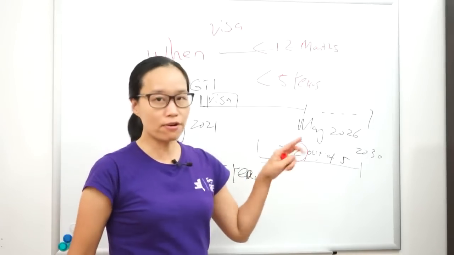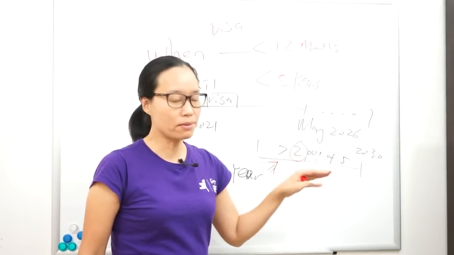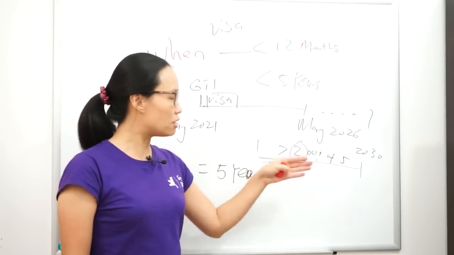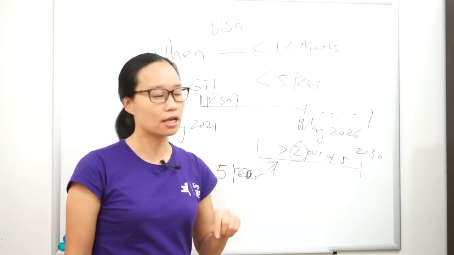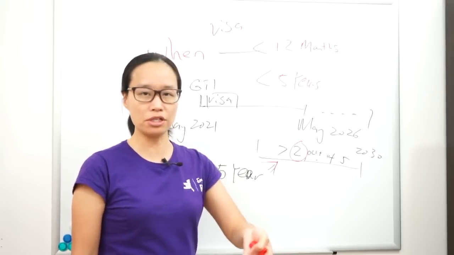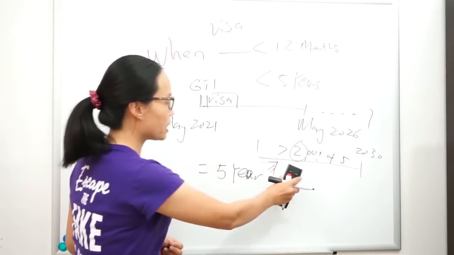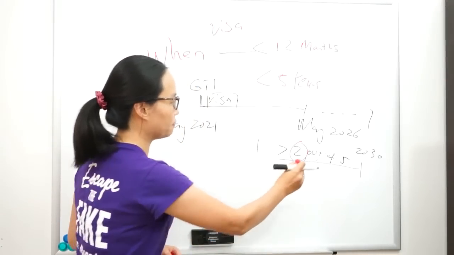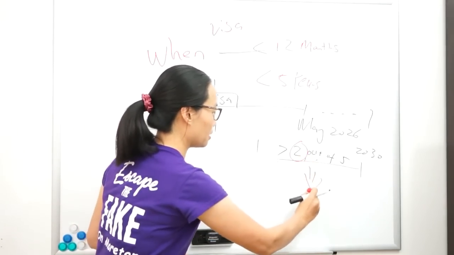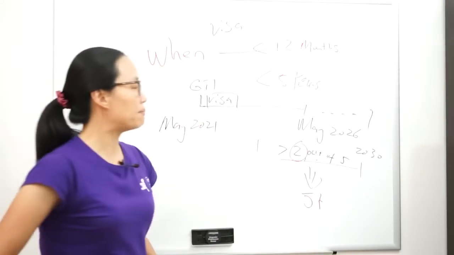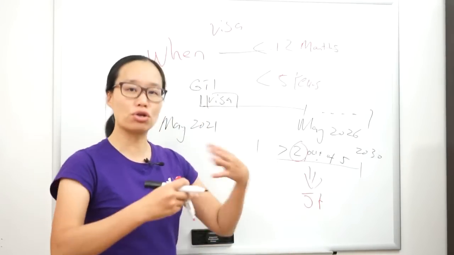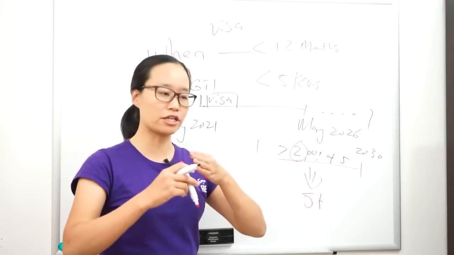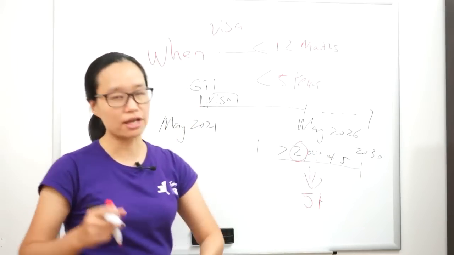People ask me, apart from that, what else do I need to meet? No, you don't need to meet anything else, just 2 out of 5 years. That's it. And provided you have good character, which is a police check again, right? So 2 out of 5 years, you'll be granted another 5 years. Every time you're about to renew, about to expire the entry date, you can then carry on renewing.